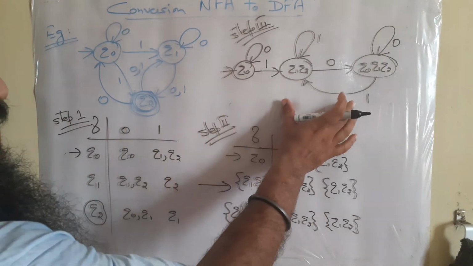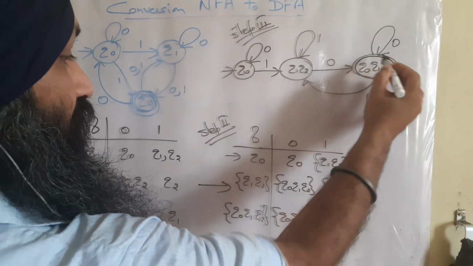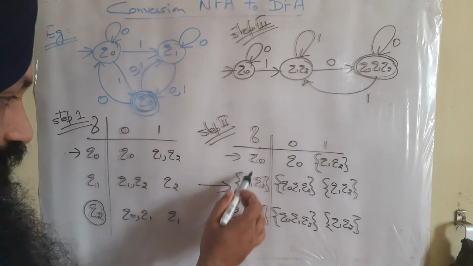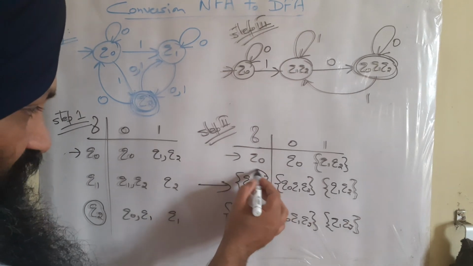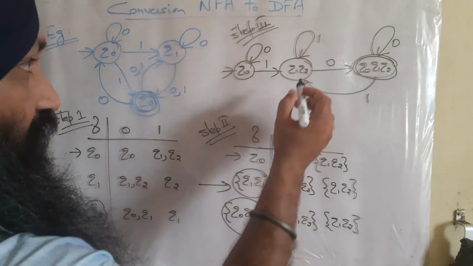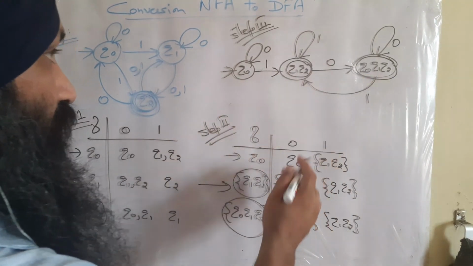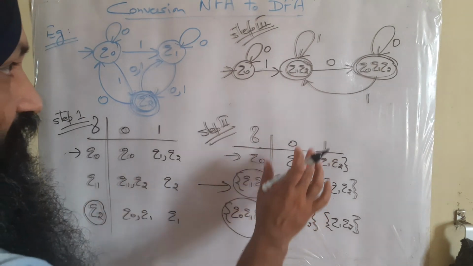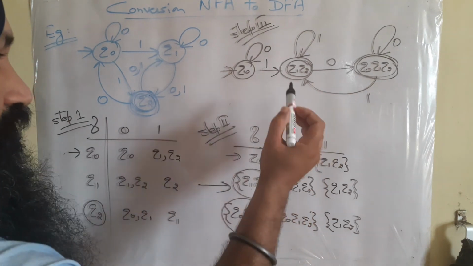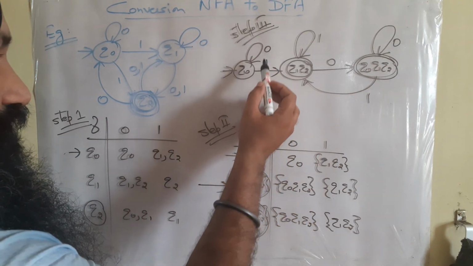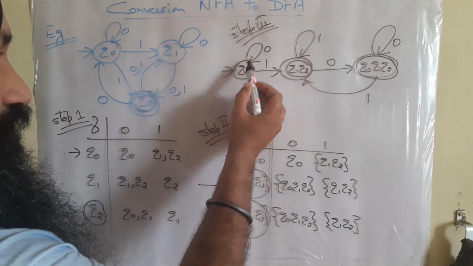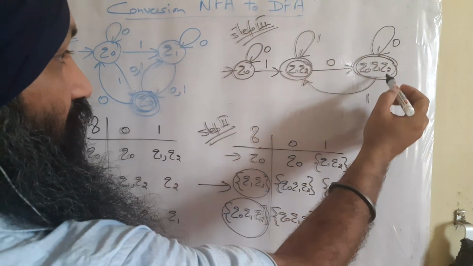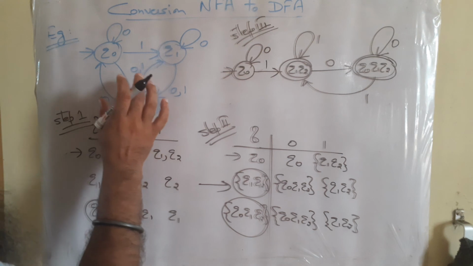Here you can observe that these are the final states. Why are they final states? As per the given question, Q2 is the final state, and every state that has Q2 will be a final state. It means we are getting two final states here in this diagram. This is the DFA, so not a problem. In the NFA we have only one final state, but in the DFA we are getting two final states. Secondly, you can observe that every state is responding to 0 as well as 1, but this did not happen in the NFA.